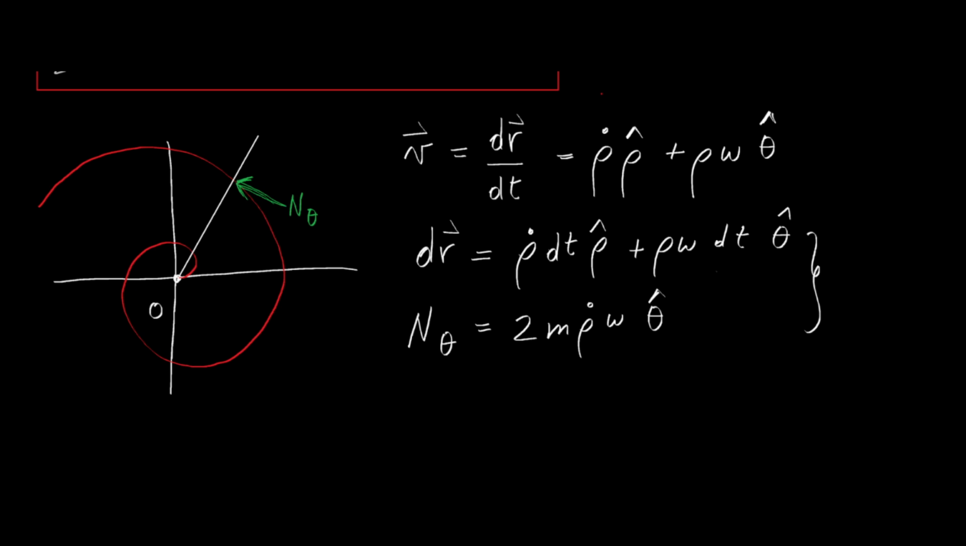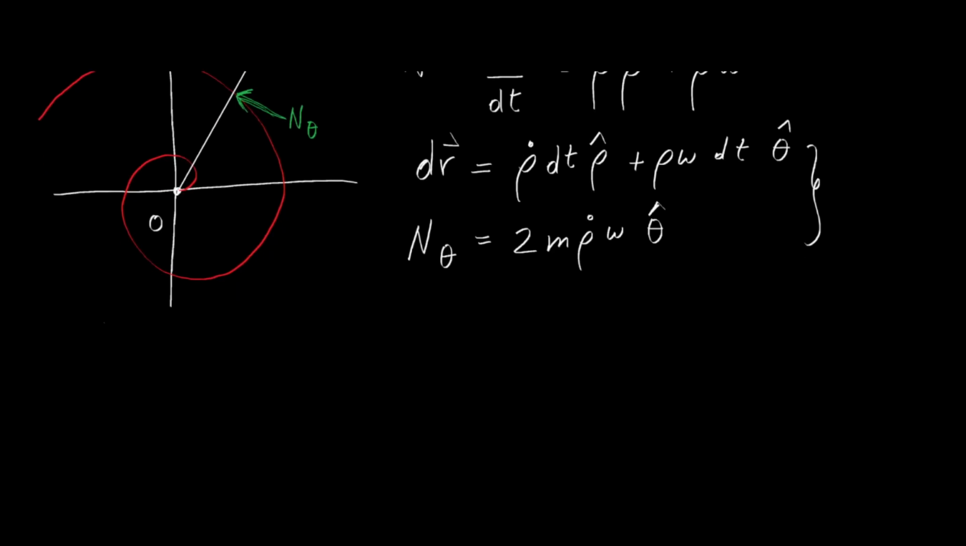displacement both share a common component in theta hat, in the transversal direction. So their dot product is not zero. In other words, in physical terms, the normal force N_theta is performing work. As a matter of fact, the elemental work in this case is written as N_theta. I will use the arrow notation in order to indicate that this is actually a vector, times dr, dot product,